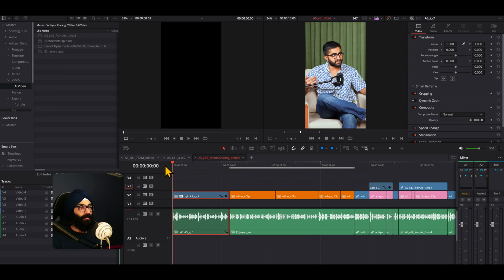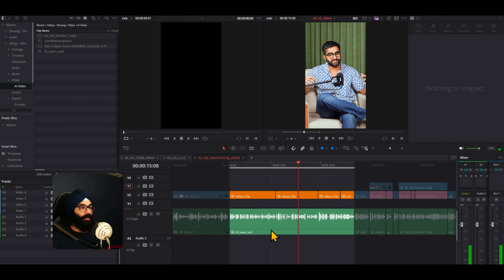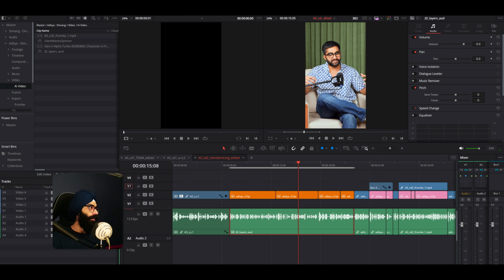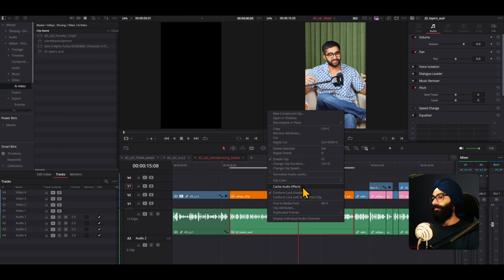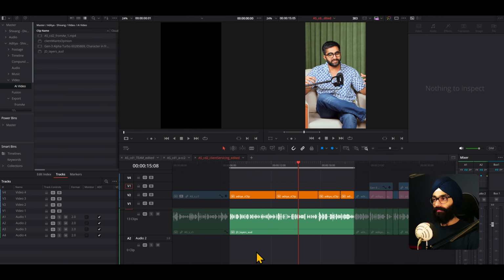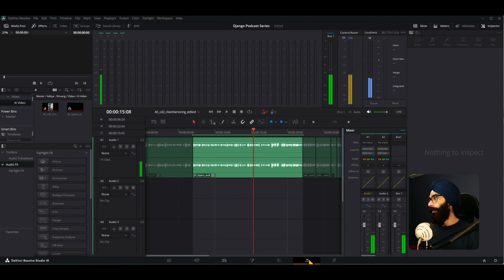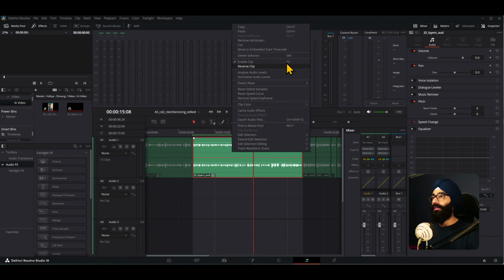in my edit page. Let's say I'm working on my timeline here, right? I cannot just select this part. Like let's say this is the part I've highlighted and I've made that orange, which means I'm going to bring this into After Effects and make a cutdown out of it. The thing is, you can't select this clip and say right click, export audio. It's just not there. What you have to do is you have to come into Fairlight. Okay, once you come into Fairlight, then you have this clip selected, the same clip, you right click and you'll get an option called export audio files, which is the thing which DaVinci Resolve does, and a lot of the things you can do inside the Fairlight page with the right click menu, you cannot do them in the edit page.